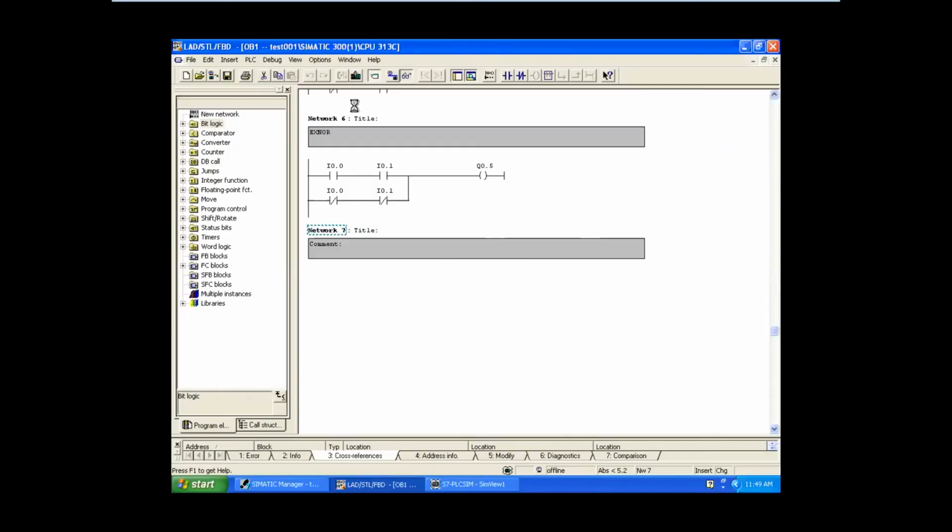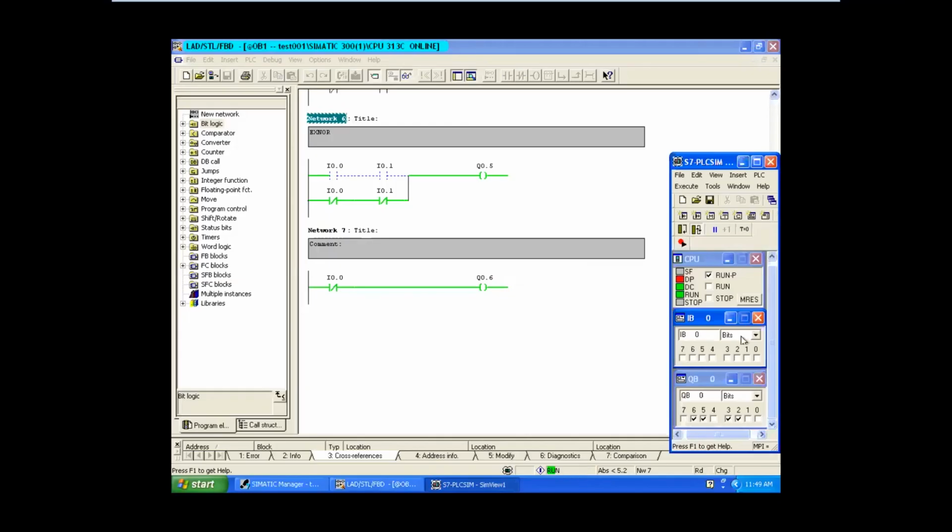Yes, see. Whenever your input is off, output is giving 1. NOT gate. If you turn that on, output is off. So 0, 1, 1, 0. I have turned on I 0.0, but output is in an off condition. So this is NOT gate.